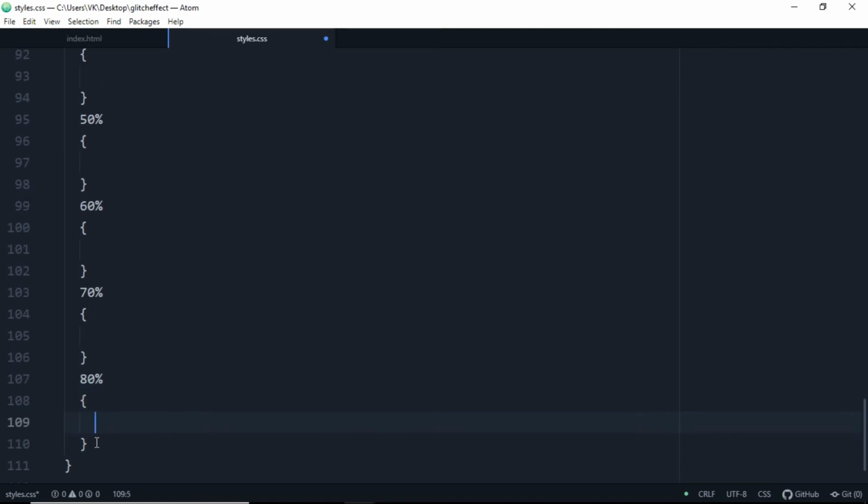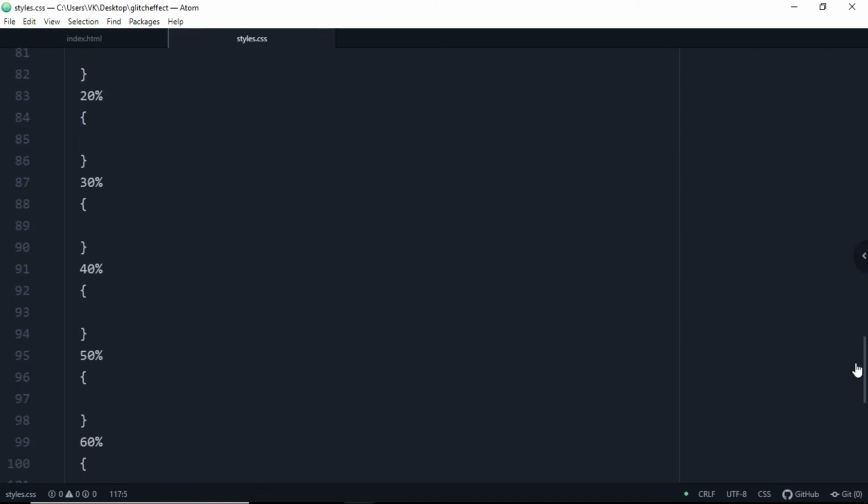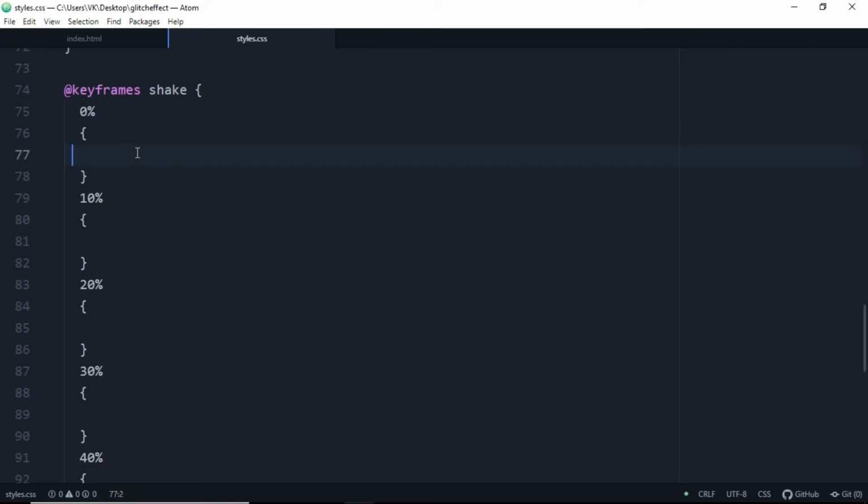Okay, let's just stop doing this and let's add 100% here. Add a curly brace and let's go to 0% first. Scroll up and let's add some properties here.